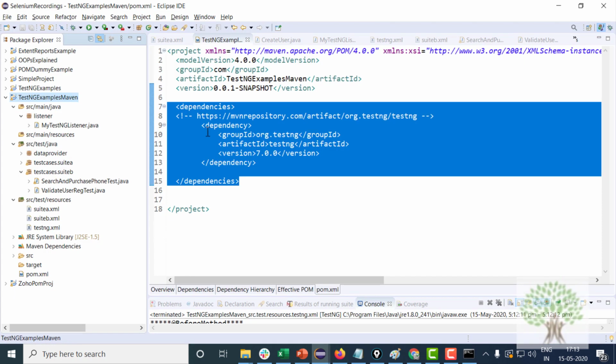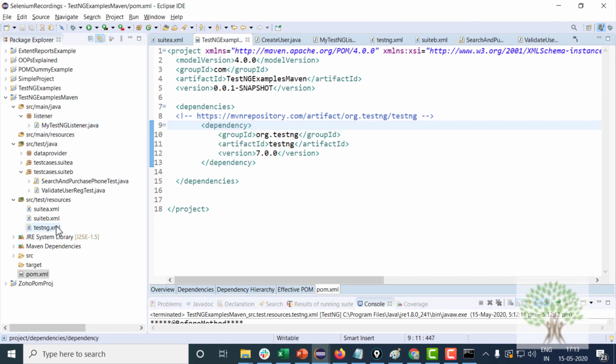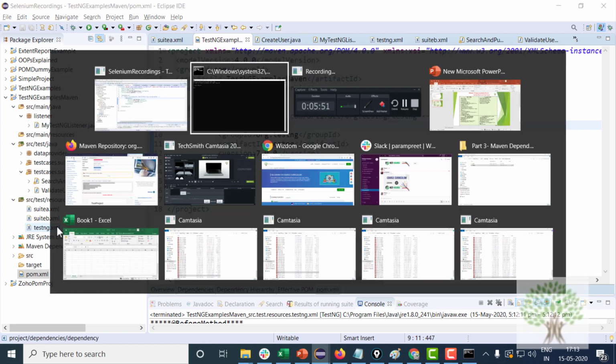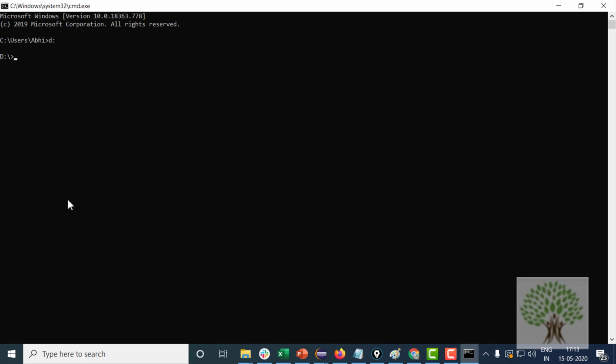Once you build the framework and the projects and all, it's not that you can just open Eclipse every time and run testng.xml. At times you have to put the project in GitHub and run it from Jenkins. These things might not be too familiar to you. You might not know what GitHub is, what Jenkins is. I will tell you later on. But when you actually run it over there, you run it with Maven. Fine. So you go to the place where your project is, basically the path of pom.xml.